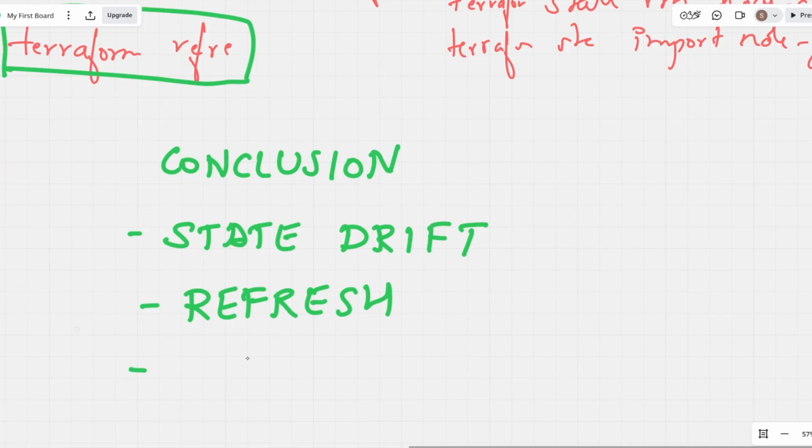And if a new resource is created or the name of the resource is changed, then you will have to remove the resource from the state and then import the new resource into the state. This would solve